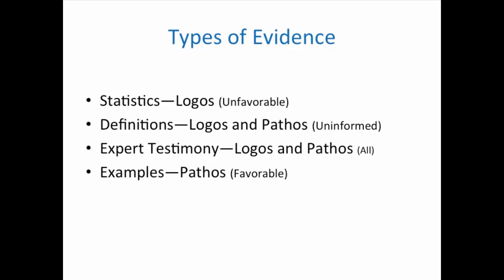Yeah, and sometimes I even talk about kind of like a hierarchy with examples being the very least persuasive ultimately, like they're the easiest to argue against of anything else, but they're actually very persuasive with a favorable audience because they give us that emotional appeal. So I tell my students they need to diversify evidence, but if they determine they have a very favorable audience, I would like to see a little more pathos.